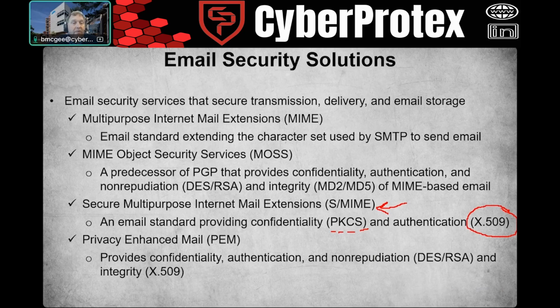That's the primary one that people use today for email security solutions. Sometimes you'll see Privacy Enhanced Mail as well. You can look more into these, but really it gives us not only confidentiality, but authentication whenever we're sending emails. So let's enumerate this S/MIME a little bit more